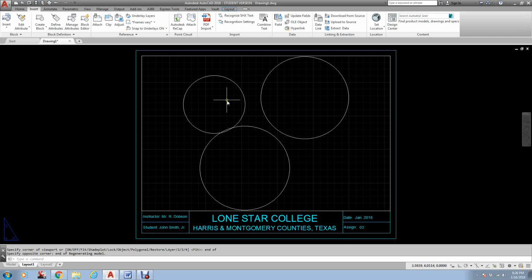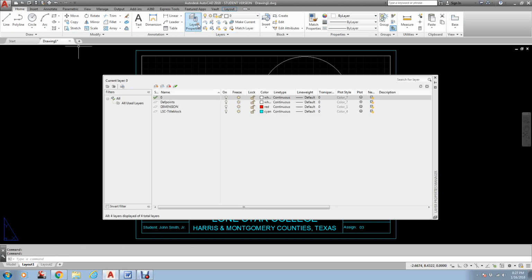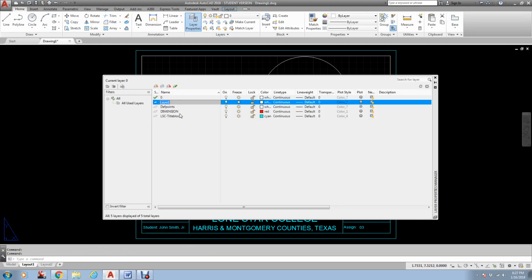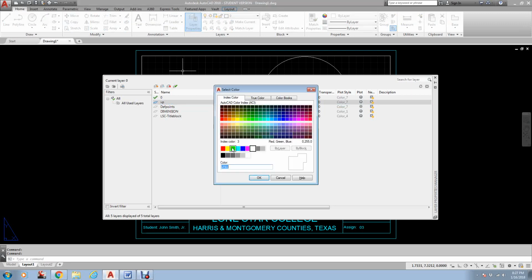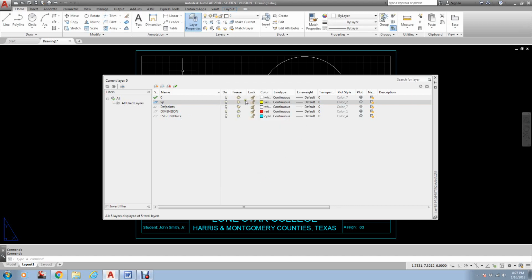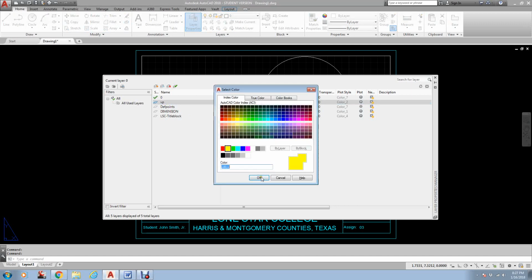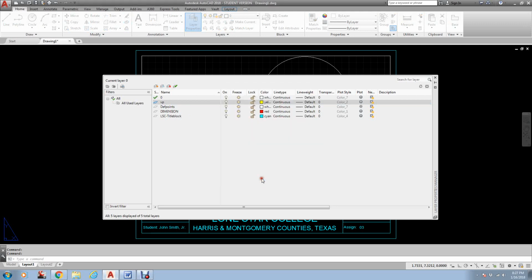I do suggest, however, that you go to your layers and create a layer called VP or Viewport. You can make it any color you want. I'll just make it green. I will make it red. I'm actually going to set it to where it will not print. Okay, so now